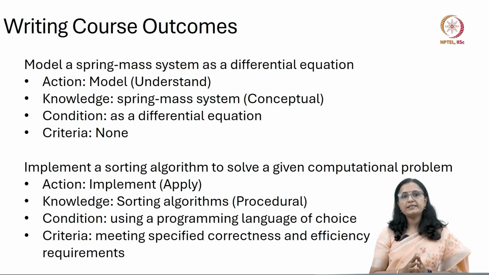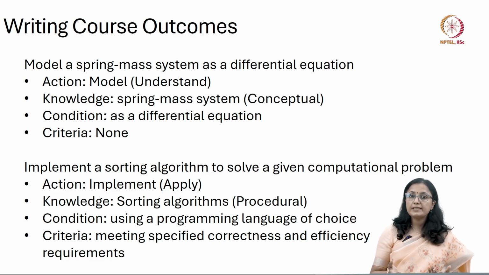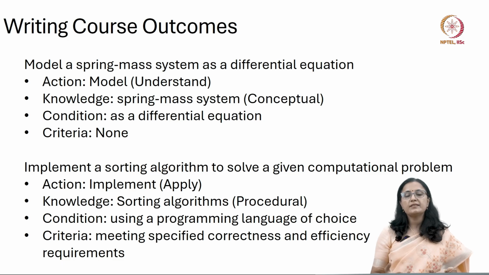Now you can see that the revised Bloom's taxonomy, the taxonomy table, which has two dimensions, helps us in writing the course outcome statement. Because we will be able to articulate our course outcome statements very clearly based on the understanding of cognitive processes and the knowledge categories. How will this understanding help us? Probably this understanding will help us to devise the pedagogical strategies accordingly and also plan our assessments accordingly.